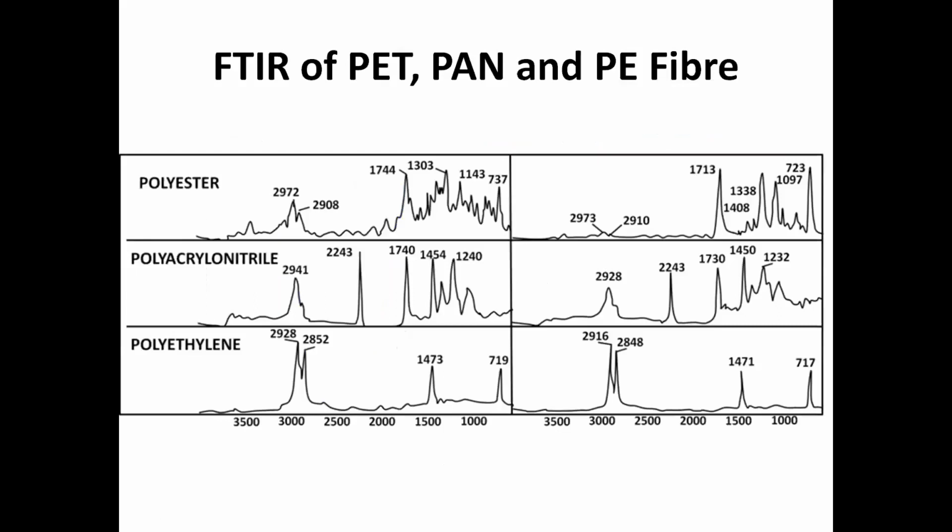These are FTIR spectra for polyethylene terephthalate, polyacrylonitrile, and polyethylene, ultra high density polyethylene fiber. So you can compare. Suppose you have a blend of fibers. If you do FTIR, you will find that the blend has these types of fibers. But we have some cheaper solutions also. If you want to do more precise experiments, we can identify our materials by using FTIR.